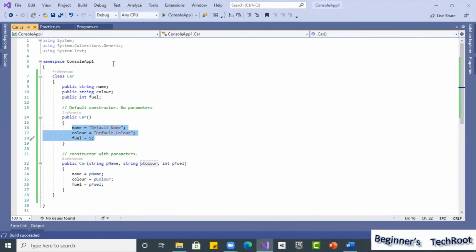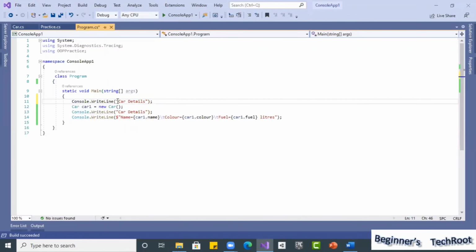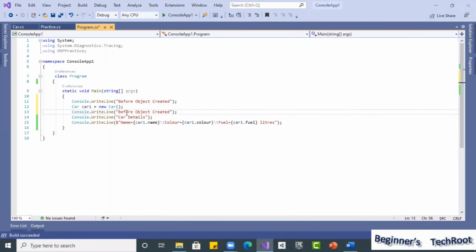Okay, so we will see. I will just give you this for understanding. Even here I will just write before object created, and then after this I will write after object created.